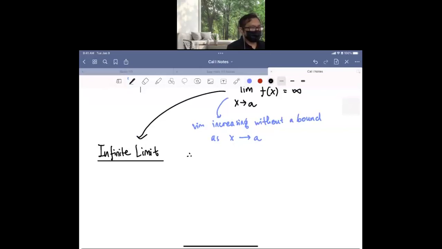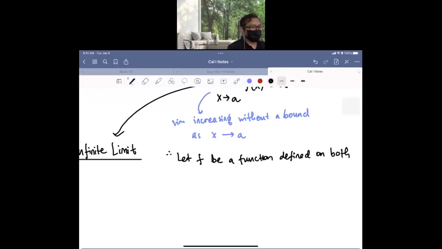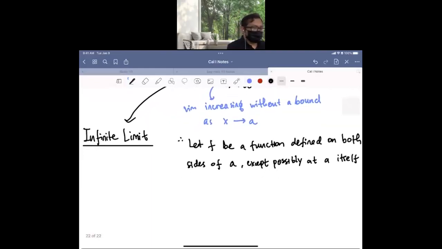So let's define this phenomenon. Let f be a function defined on both sides of a, which means from the left and from the right, okay? Except possibly at a itself. This means that it can be a hole, but still we can count that. Then